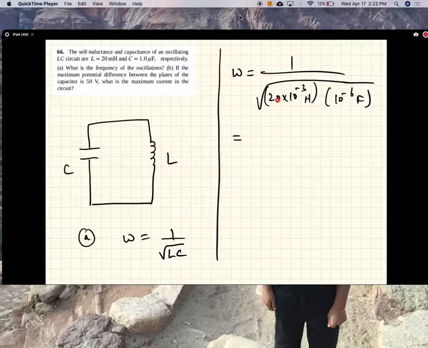This is 10 to the minus 2, and 10 to the minus 8. Square root of that is 10 to the minus 4, and that comes to the top. That becomes 10 to the 4, in units of 1 over seconds. So this is equal to